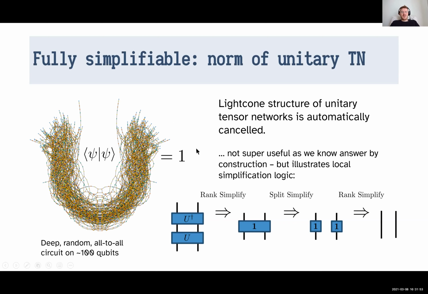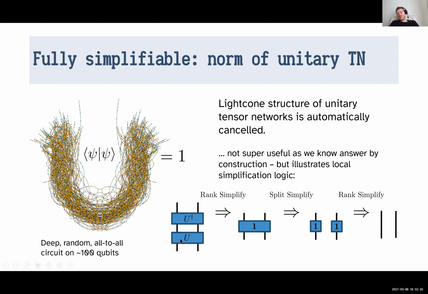But just applying these local simplifications, this whole thing naturally boils down to a single tensor with the number 1. And of course, it's not that useful, right? We already knew that the answer was 1 just by construction of the ansatz, but it illustrates the logic fairly nicely. So just using a combination of these two simplification schemes at this kind of interface where the unitaries meet,